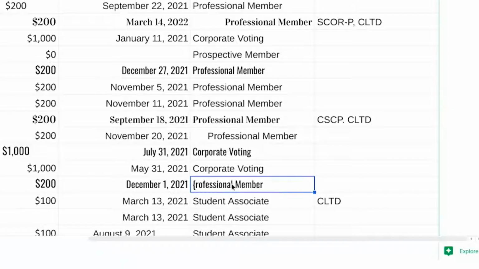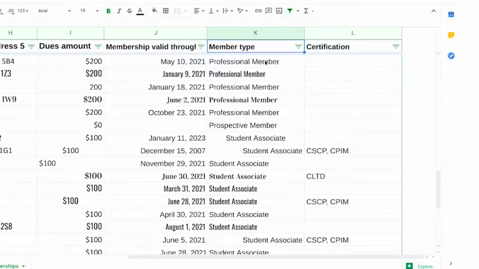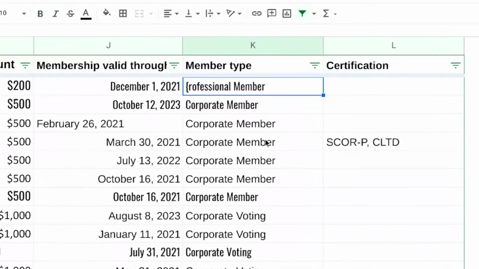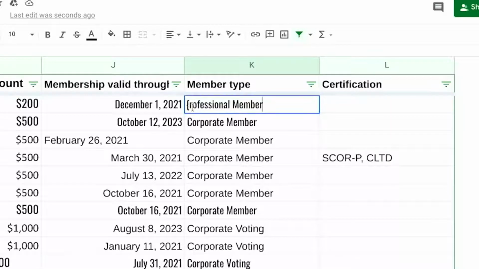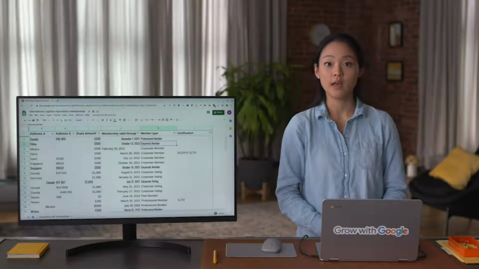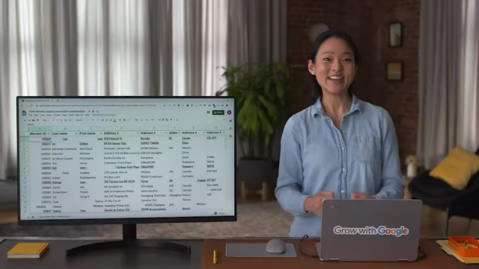Misspelling might cause the data analyst to miscount the number of professional members if they sorted this membership type, and then counted the number of rows. Like the other problems we've come across, you can also fix these problems manually. Or you can use spreadsheet tools such as spell check, autocorrect, and conditional formatting to make your life easier. There's also easy ways to convert text to lowercase, uppercase, or proper case, which is one of the things we'll check out again later. All right, we're getting there.